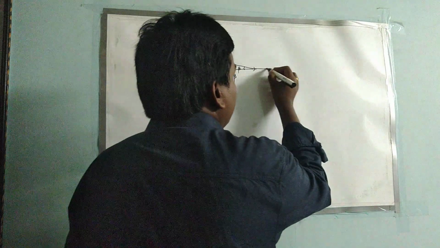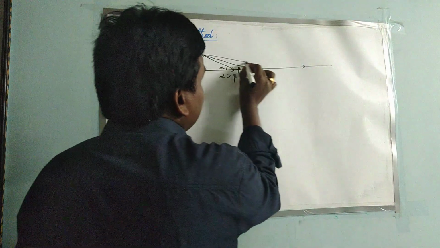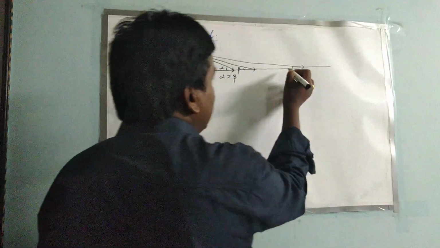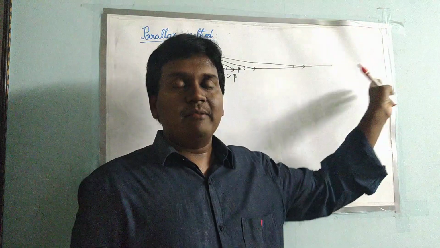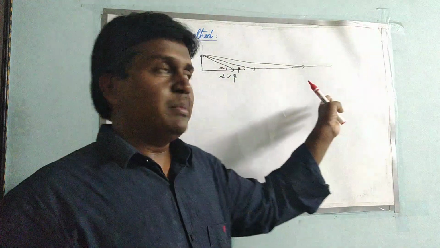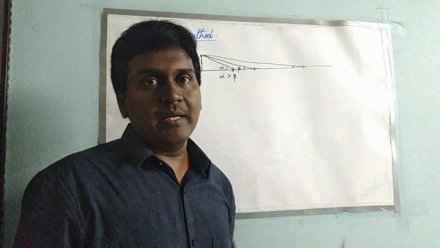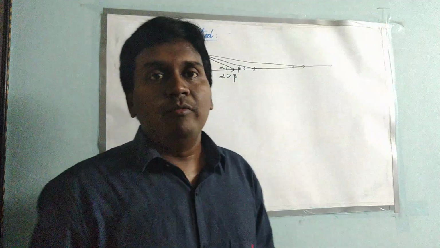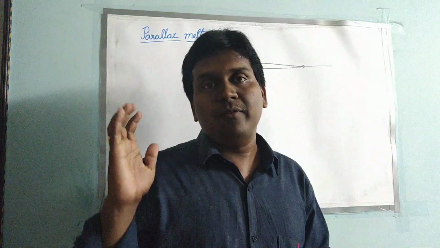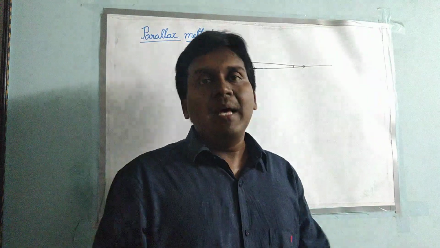So if you consider some more distance from here, if a person is observing the same object, then the angle keeps on decreasing. If you consider a distance of several kilometers, this ray will become straight to the baseline. That means both the lines will become parallel. That means when the light ray is traveling from a far object, the rays coming from the object will be parallel lines.